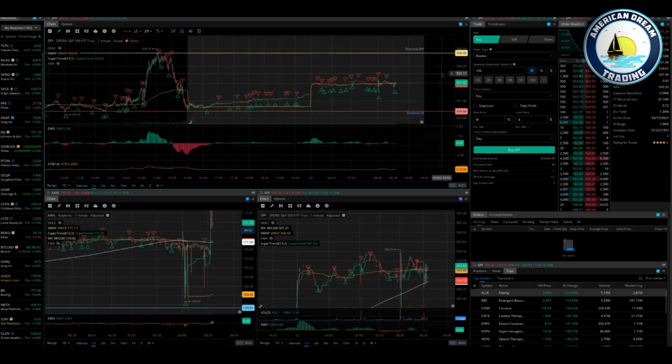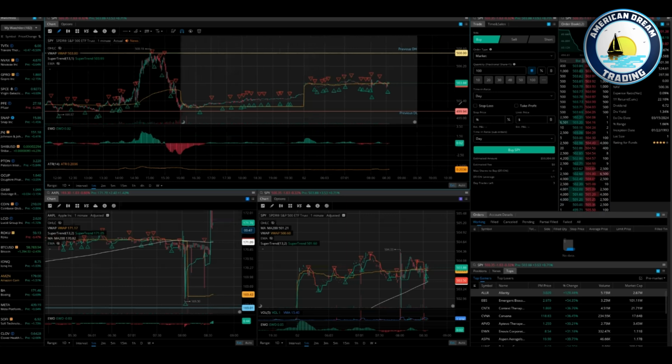So again, we'll see what it wants to do. If it leads up into the market open, I would anticipate a pullback, waiting to look for support. It does not mean it's got to come all the way to 500. It does not mean that at all. What it means, though, is if it comes to 500 today, watch for a bounce. If it doesn't, you already know to hammer those puts. If it runs up to 508, you already know most likely that's resistance. It's going to want to pull back. If it breaks and holds above, you're going to hammer calls.